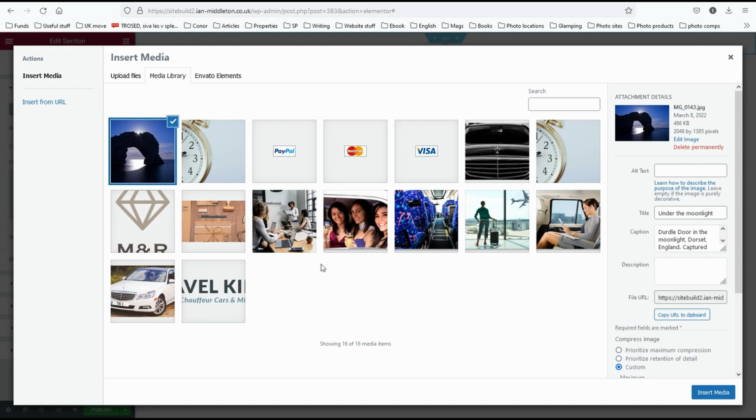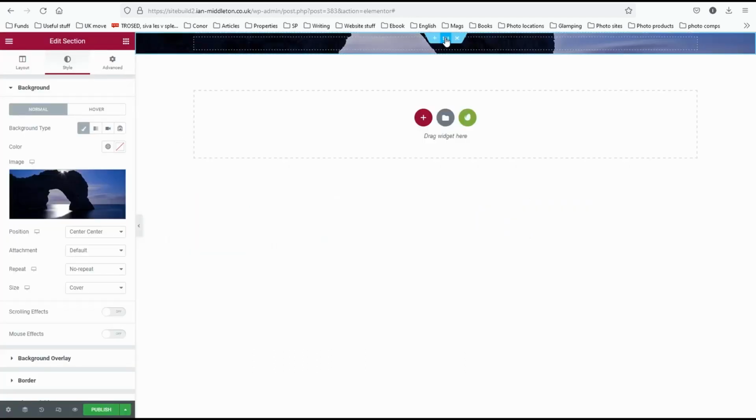Some people have the Super HD or the 4Ks now, but I think for web viewing it's best really that if you want something to go full screen, 2048 is big enough for now. So let's insert that and then come up here, center the image, make sure it's centered, no repeat, and